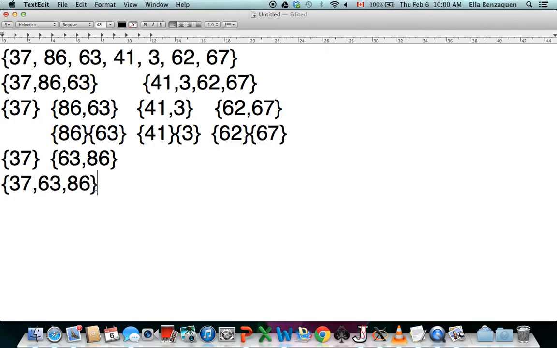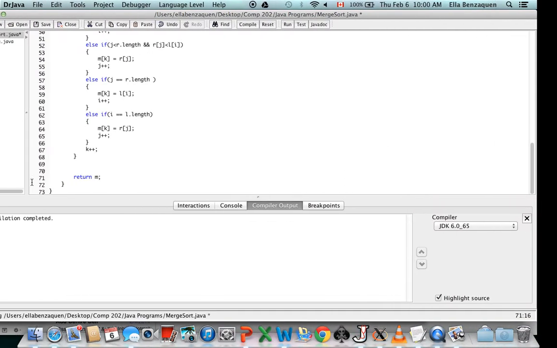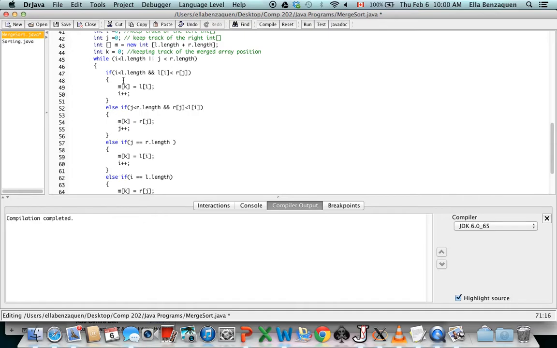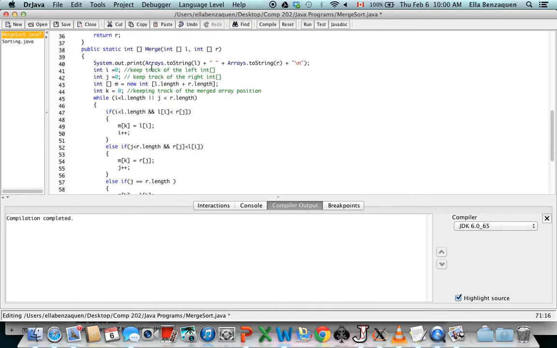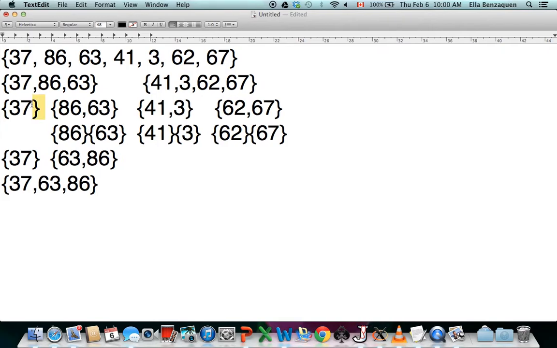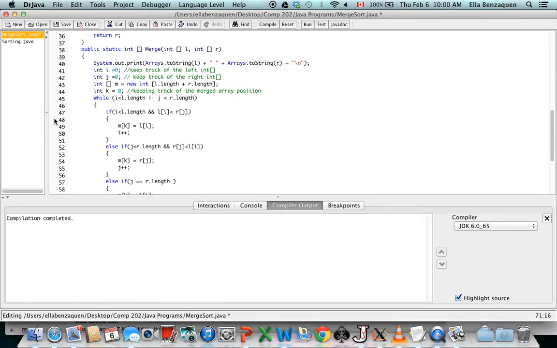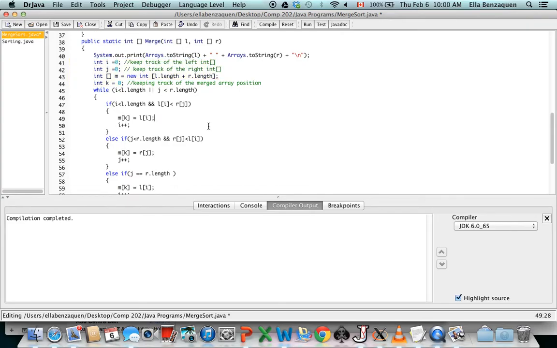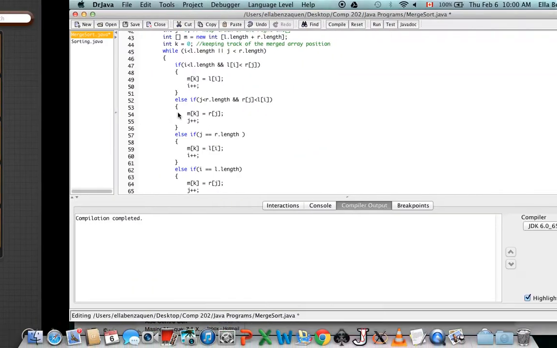In the sense where my i is now going to be 0. My m is now going to be a new merged m, a new array of integer m, and I'm going to start this array of integer m at 0 again. Once I finish that, I'm going to go back to this merge method originally, because this merge method has received this array from my sorting method that it still needs to deal with. And so I'm reinitializing all of this to 0. And what's happening is that, again, I'm going to look at